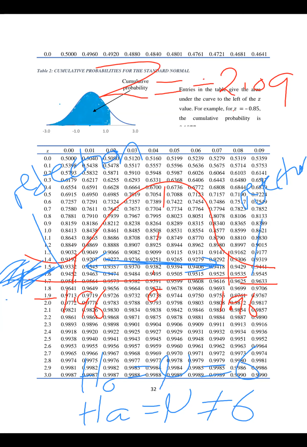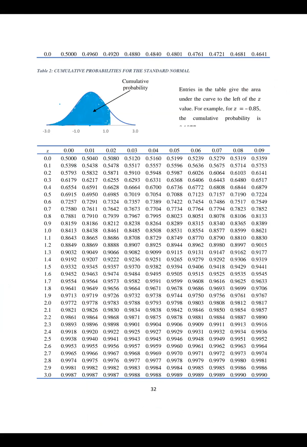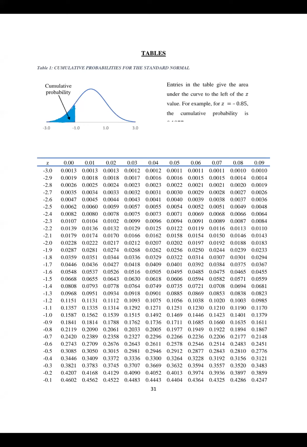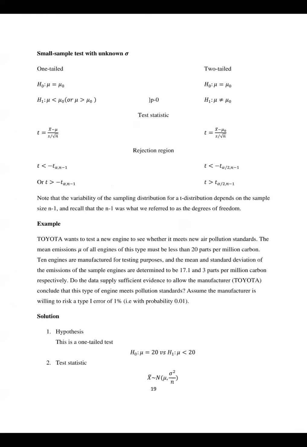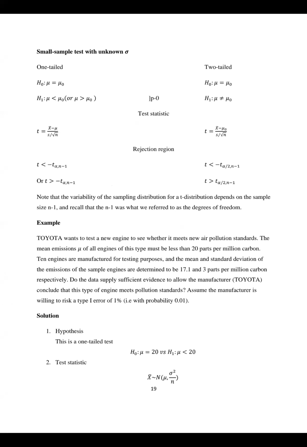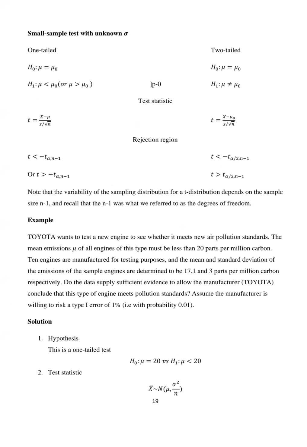Okay, if that is clear, then we can move to the second example. Our second example has this to say. It is very important to identify which one is your null hypothesis and your alternative hypothesis. So our second example says that